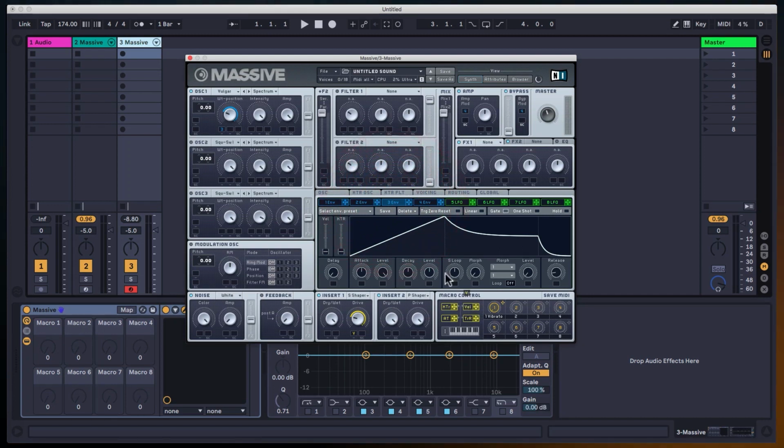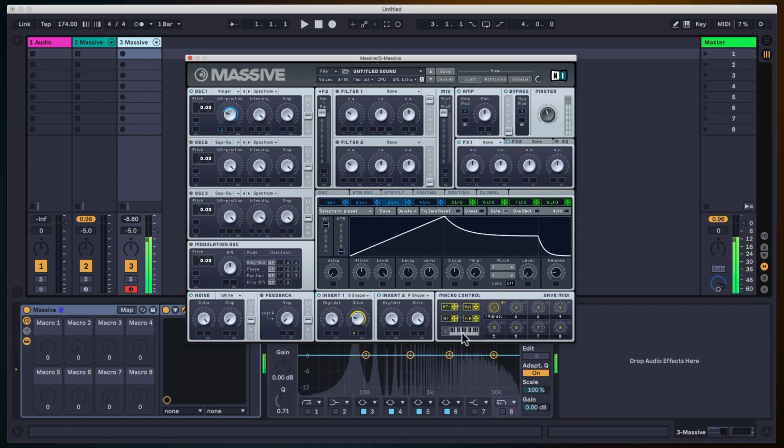Maybe I want to go ahead here and add velocity into the mixture as well, or I want more of the envelope to be applied by increasing the velocity. So I can actually make the envelope velocity sensitive. In the modulators, we have a tremendous amount of options and features and functions that we can do. Velocity is actually hardwired to the modulators. So I can go ahead here and apply velocity directly through, so I don't need to use up a slot here to control the attack time or different things like that. So as I strike softer on the keys, less of the envelope is going to be applied. As I strike harder,